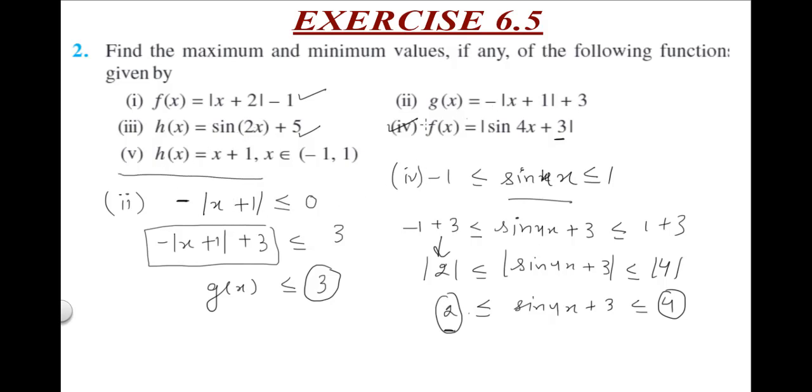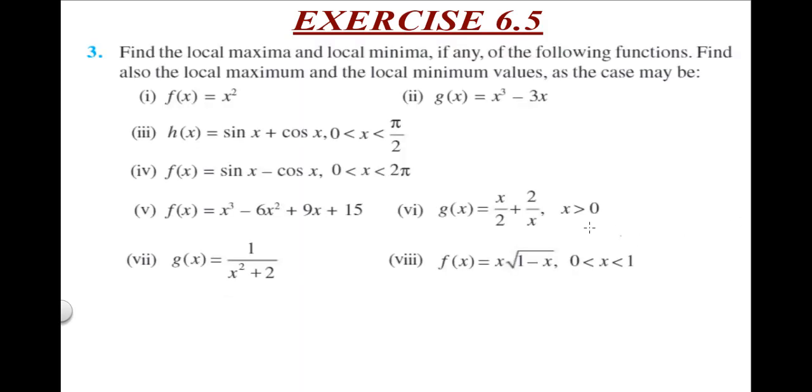In fifth what you can see is this is a line x plus 1. Right? It will not be a curve, it will be a straight line as the equation is of the form y equals mx plus c. So here we will not be able to plot that. Suppose it is here -1 and suppose it is 1 here, and what is given is that -1 and 1 are not included. So now on this we can't plot any point for maximum or minimum, so there are no maximum or minimum values for fifth part.